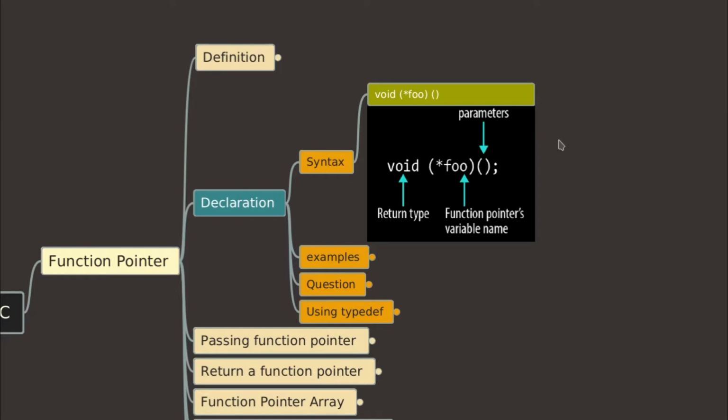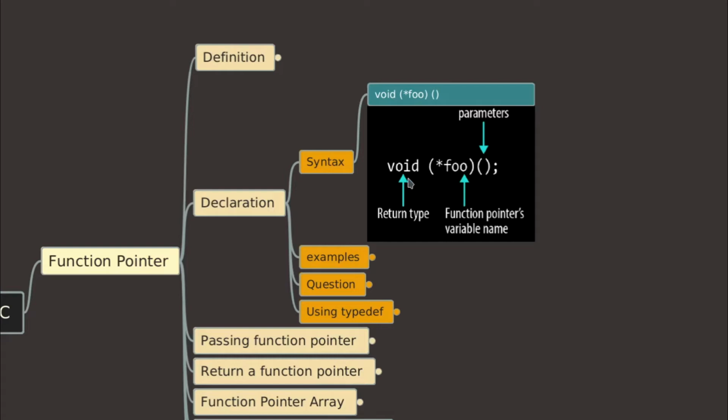So here you can see I declared a function pointer. Just consider a function pointer as acting like a function itself. Since it's a pointer to a function, it contains most components of a function. As you can see, the function pointer is declared using this syntax. Basically, this function pointer can hold the address of a function which takes no parameter and returns nothing, that is void. So this is a function pointer which points to a function which takes nothing and returns nothing.